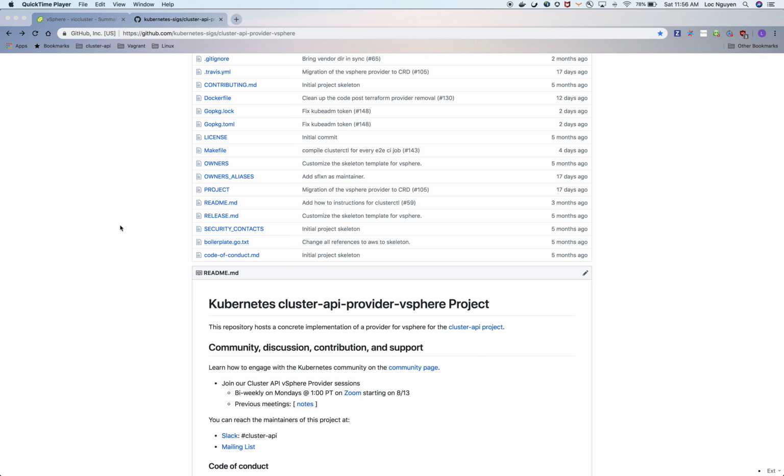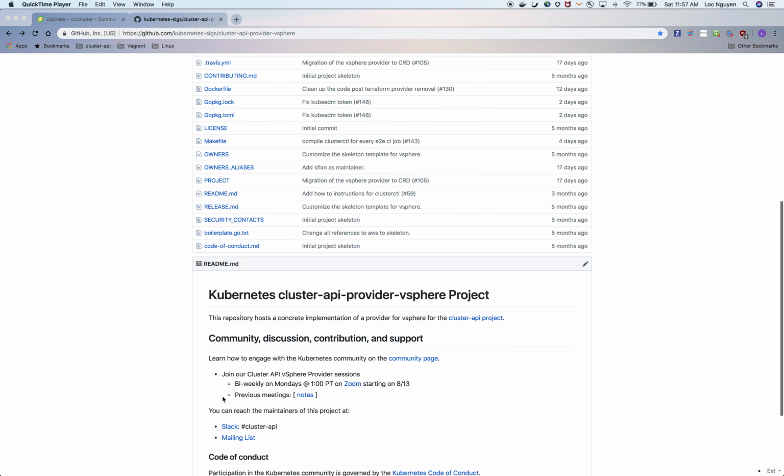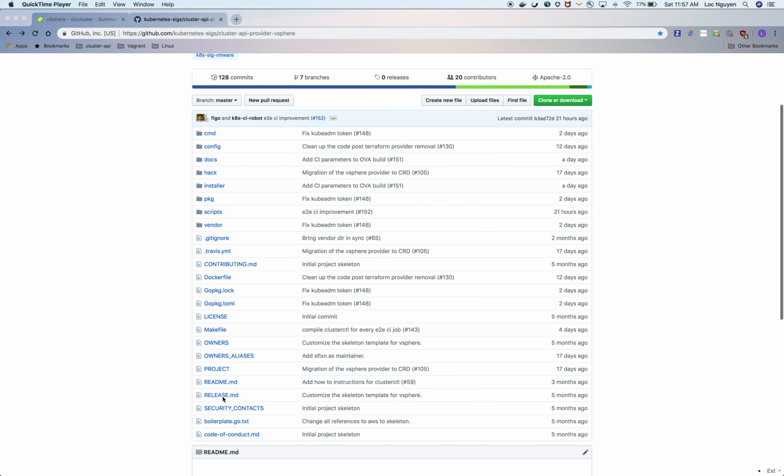As I mentioned in the last video, there are some useful links on the front page of this repo, including a link to the main Cluster API project, and also a quick start for those who want to use Cluster API in a self-service model. Okay. But today we're going to talk about